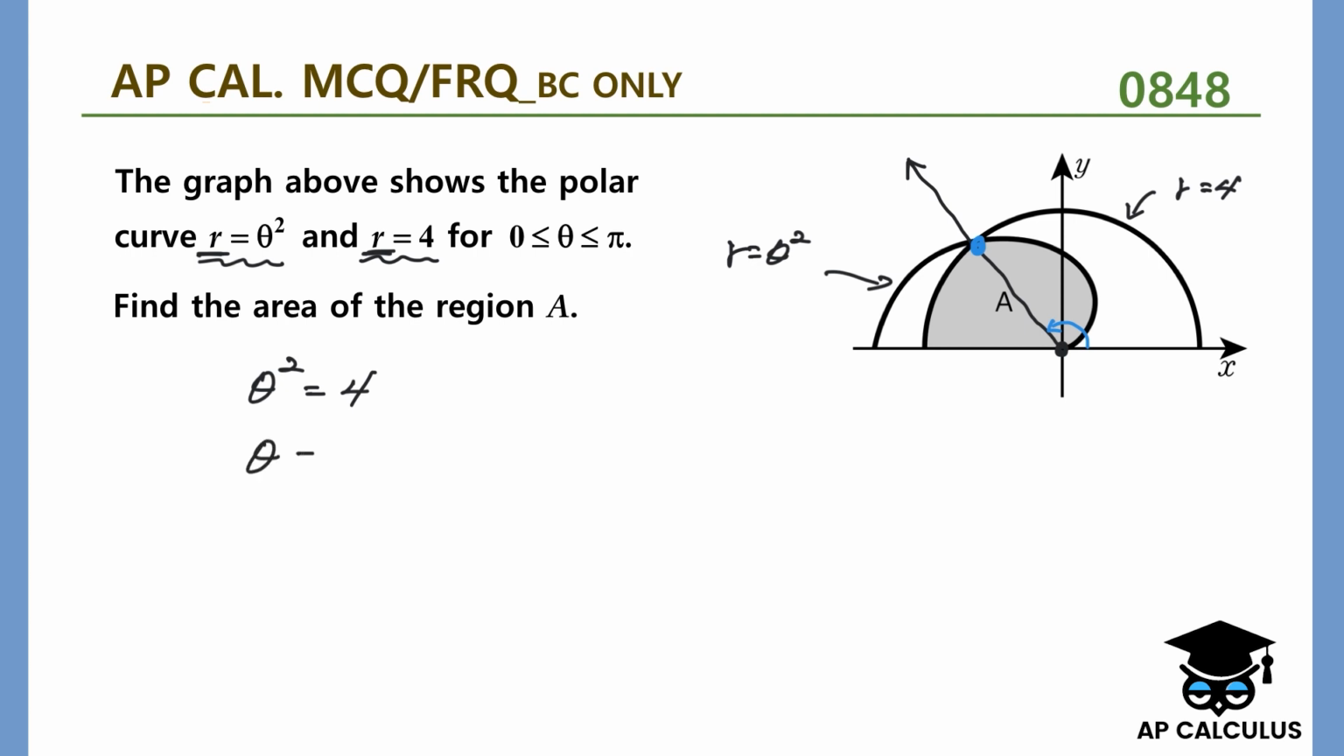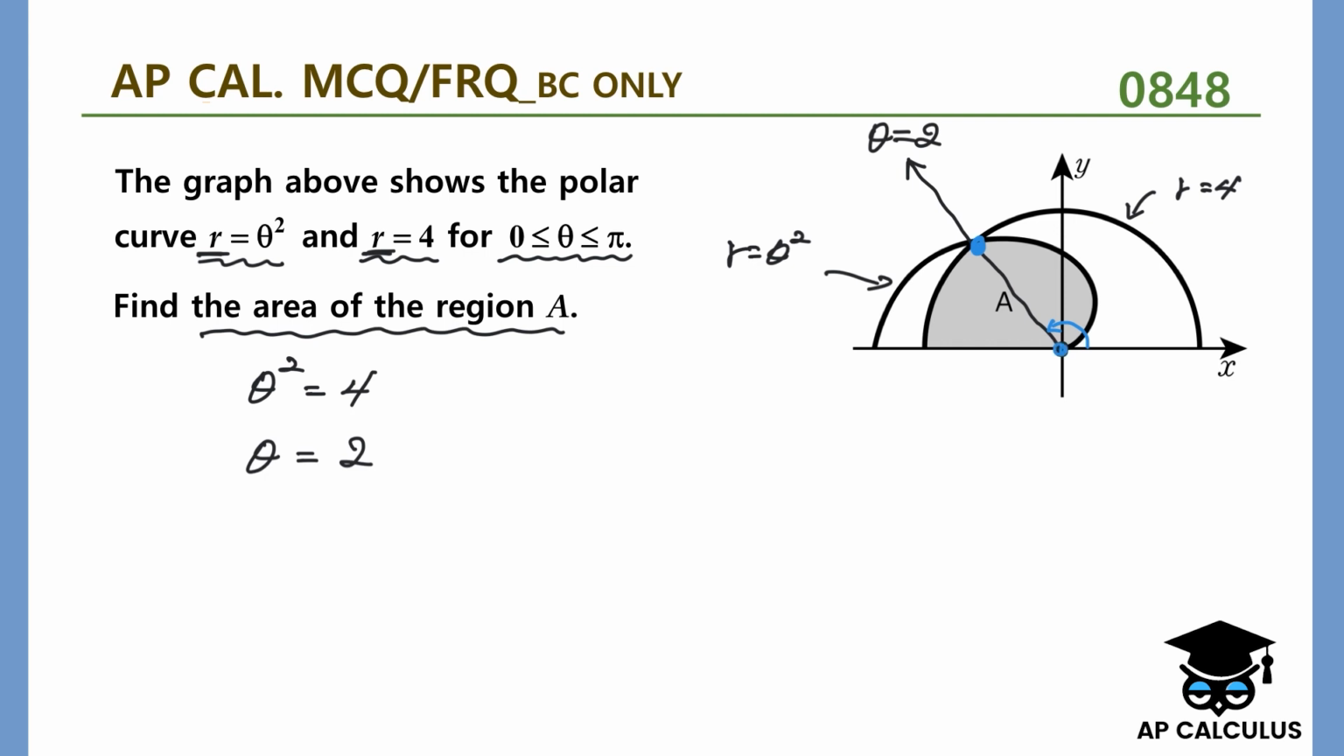Then theta is plus or minus 2, but in this case, that must be positive 2, right? Because theta is from 0 to pi. Okay, so theta is equal to 2. Now our strategy to find the area of the region A is we're going to find the area from